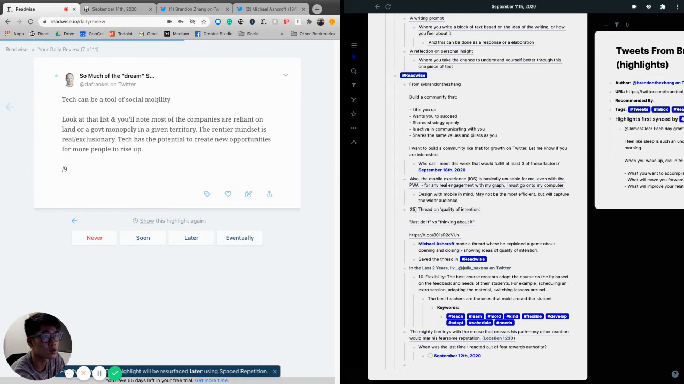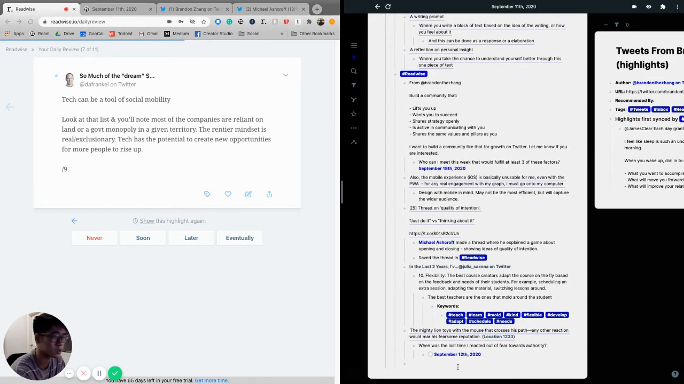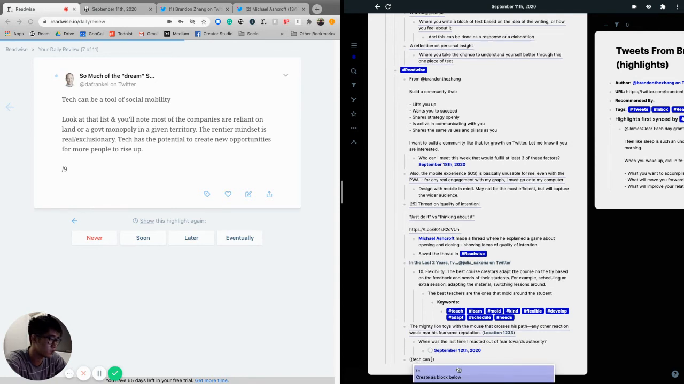That can be a tool of social mobility. Look at the design. Most of the companies are reliant on land, and given the rentier mindset is real, tech has potential to create new opportunities for more people rising. Okay, sure. This seems interesting. I don't really understand it, but what I gather from it is